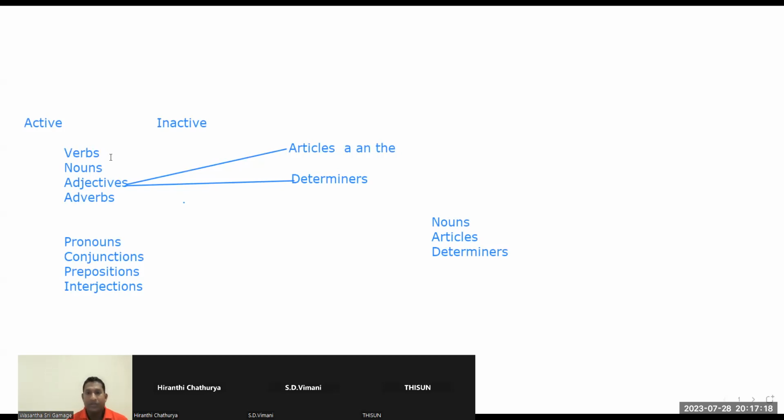We don't know how many verbs are there in English. We don't know how many nouns are there. Adjectives, we don't know. Adverbs, we don't know. But we know how many pronouns are there: I, we, you, they, he, she, it, this, these, that, those, one, once. Conjunctions are around 100: and, but, also, though, even though, even if, likewise. Prepositions also 100. Interjections maybe